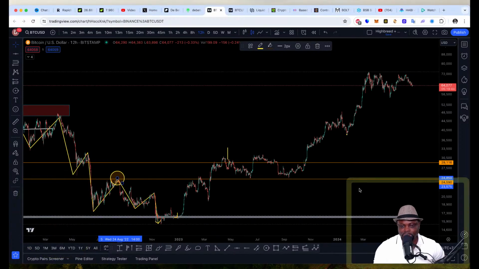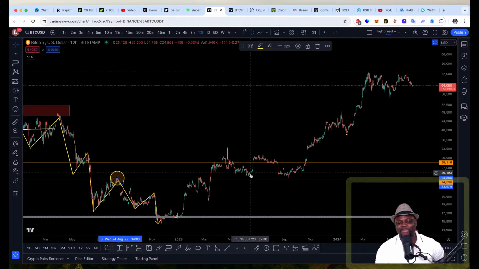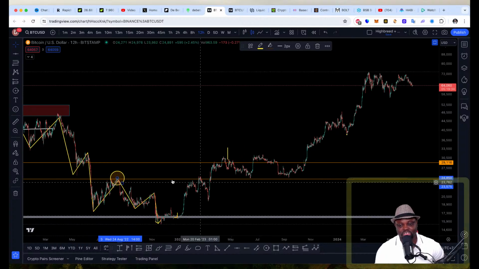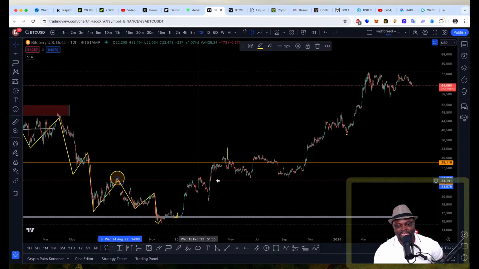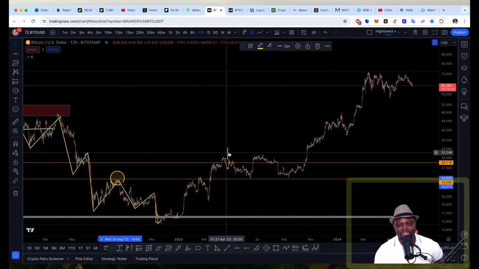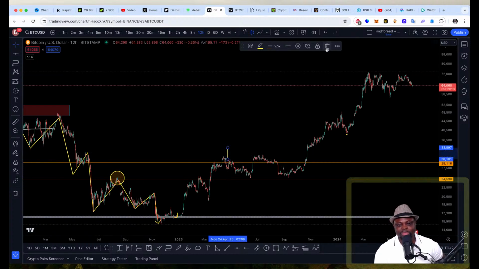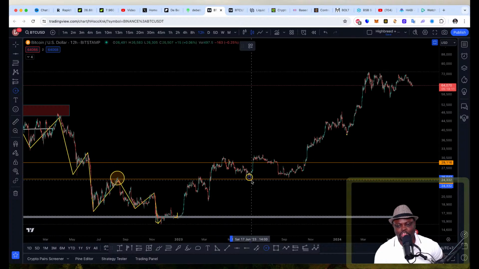So I always say that when price breaks structure, price is gonna come back to retest structure. Meaning, if price breaks a certain trend, price is gonna come back to retest that trend. Here is the case. Price broke this trend here. It went up. We saw this huge push to the upside. You know what happened after that? We saw a retracement. You see, this was a retracement. So price retraced and price found a support here.